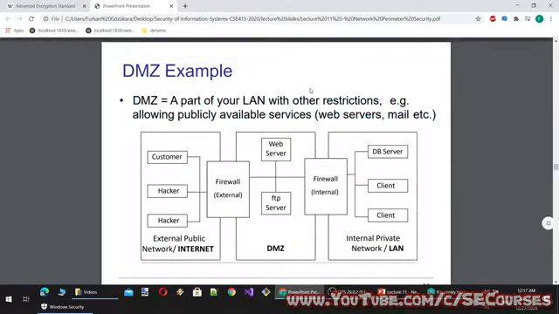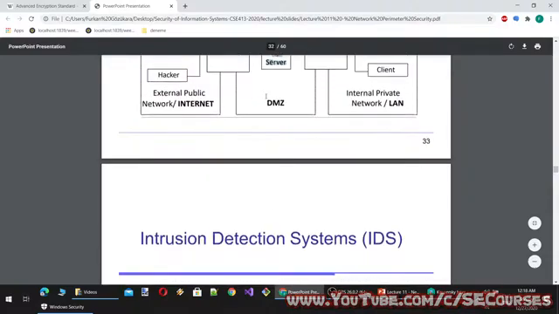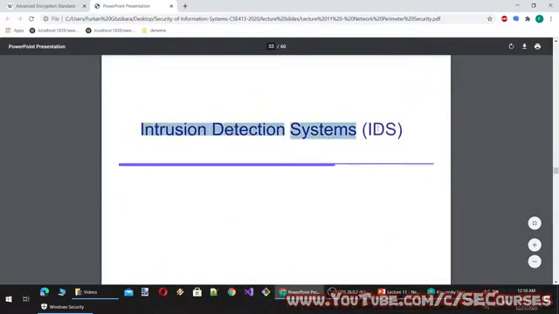DMZ equals a part of your LAN with other restrictions, e.g. allowing publicly available services, web servers, mail, etc. So you see there is the external public network, the internet, and then we have the external firewall, then we have the web server and FTP server. They are in the demilitarized zone, and then we have the internal firewall, which connects our internal servers to our demilitarized zone servers such as the web server or FTP server. Okay, now